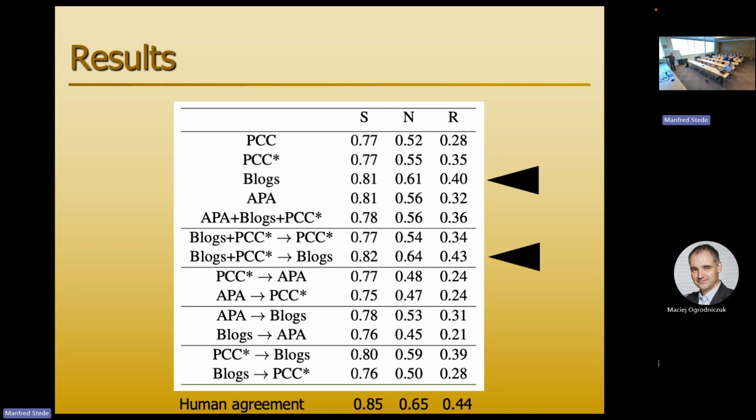Then we ran all these different ways of training on the APA, testing on the PCC, and so on and so forth. And the best combination overall is you train on blogs and the new PCC, and you test on the blogs, and you get the best numbers overall. Because you have a relatively big training corpus now, it's apparently different from the APA text, because adding the APA didn't actually boost performance when testing on blogs. So there must be something going on in the model that you get by adding APA to the blogs and PCC texts.